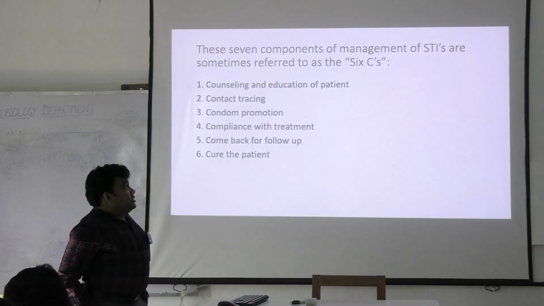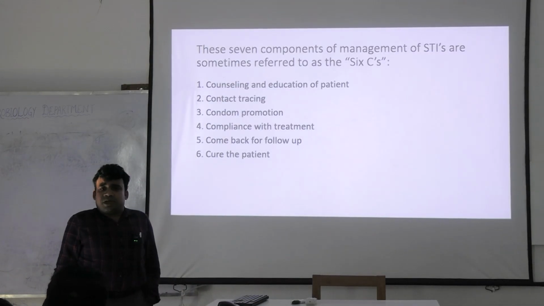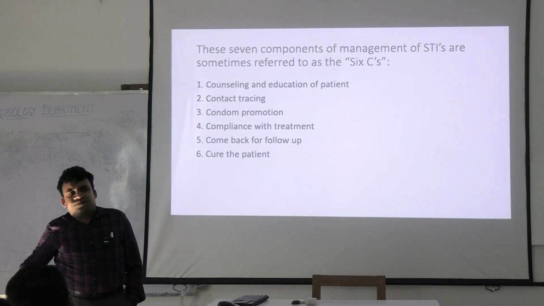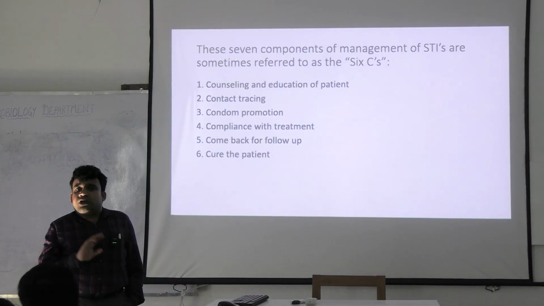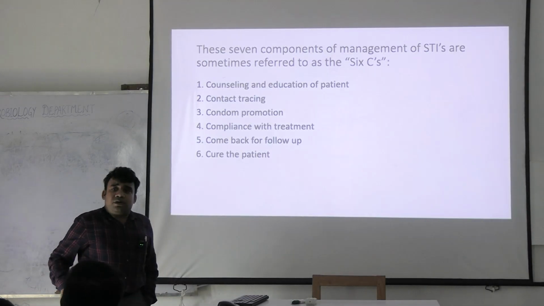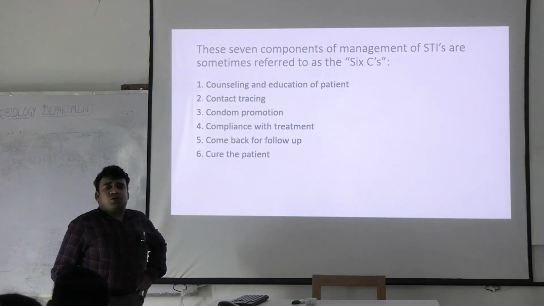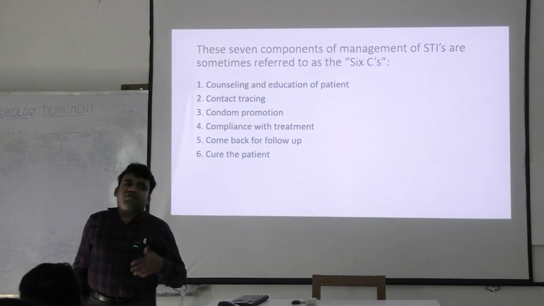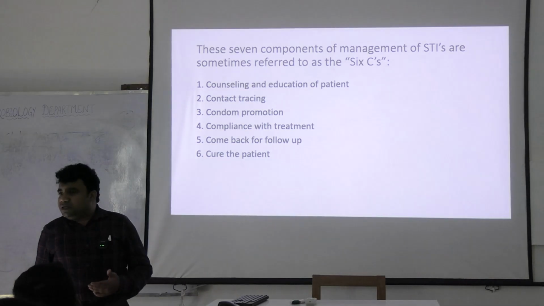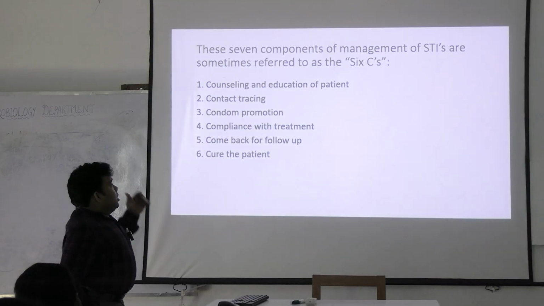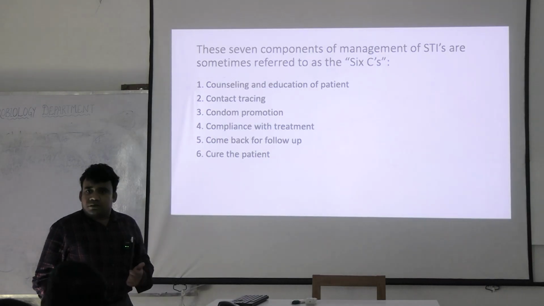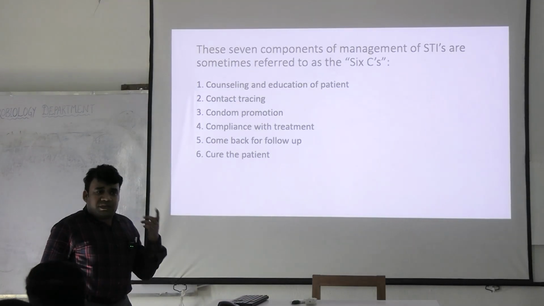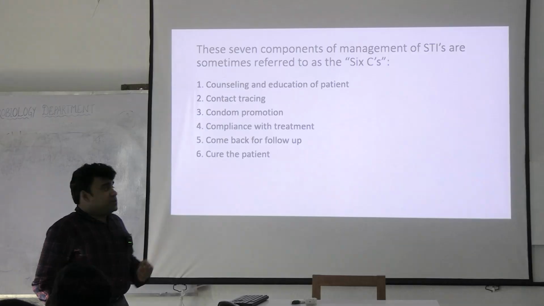Now these 6 C's are very important in the syndromic approach. They are pretty much self-explanatory. So in your exams, if you are asked about the syndromic approach, you have to explain these also. The important parts are, first, counseling and education of the patient. About what? About the various sexual diseases, how they are transmitted, we have to counsel them. Then use of contraception, that is the barrier methods, and contact tracing, especially in males, of whom they are exposed with.